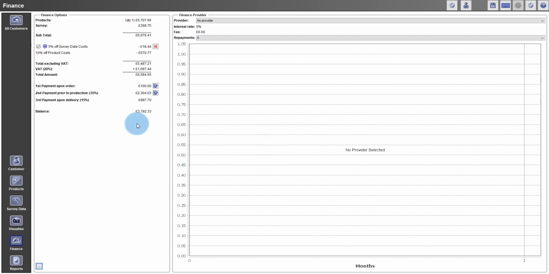As this discount wasn't applied automatically, you will see it appears within the finance options area with a little tick box, which allows the discount to be quickly switched on and off. There is also a delete button to remove the discount altogether. The survey data discount is coming off the survey data costs only, so that would be 5% off